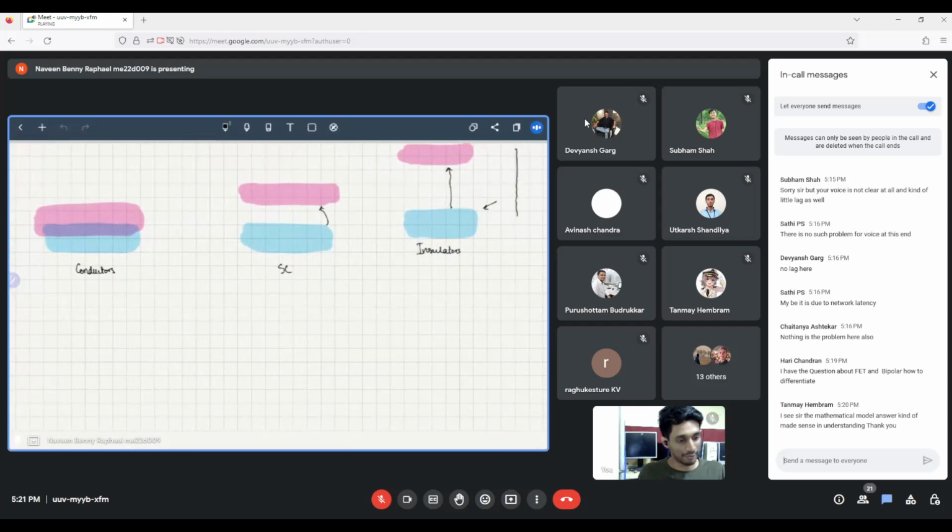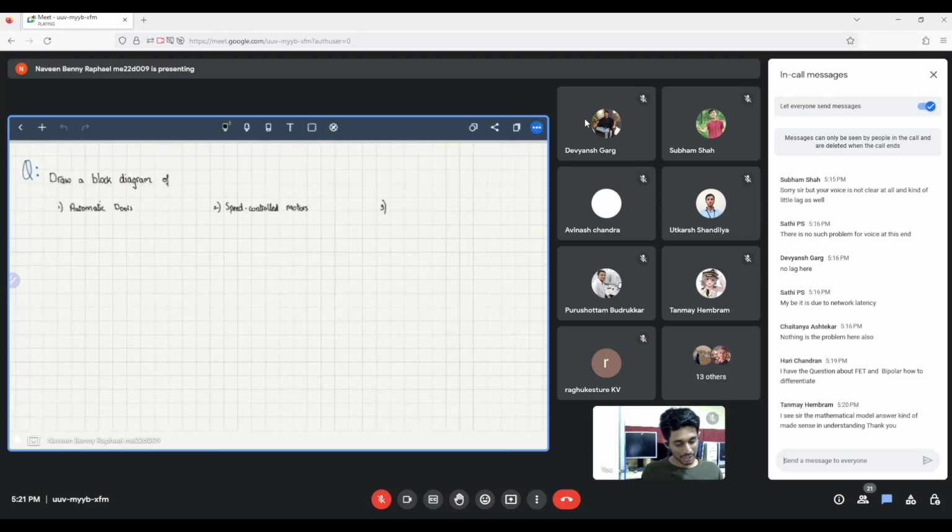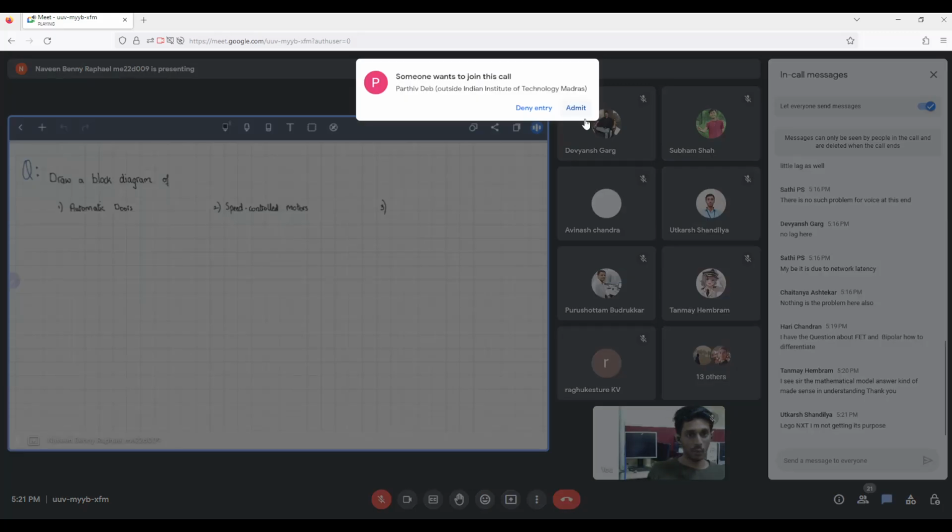So the first part I feel is very important is block diagrams. You guys think for a while and try to draw the block diagrams of these things. A block diagram is essentially